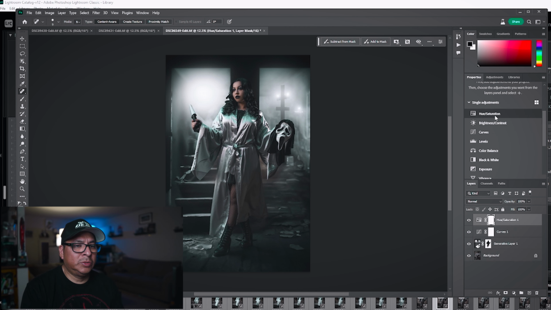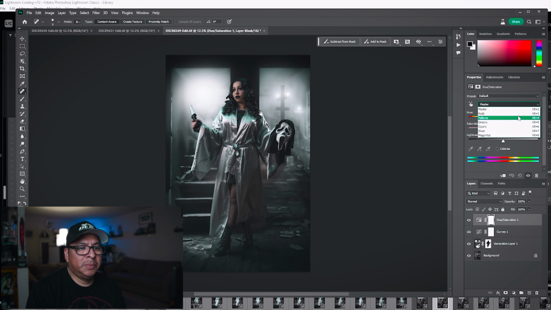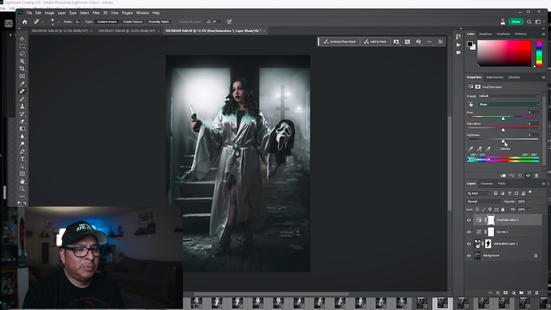Then I'm going to go to my hue saturation, and let's see what the blues, is there any blues in here? I'm going to turn that down, and I'm going to raise the exposure on that. And then let's see, what else can we do here? That knife is looking a little weird. Actually, it doesn't look like a knife anymore. So let's go to,